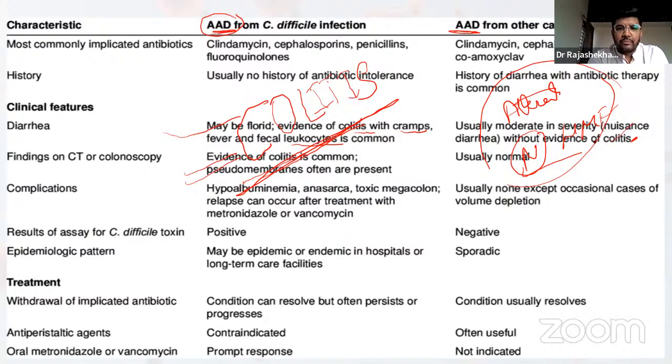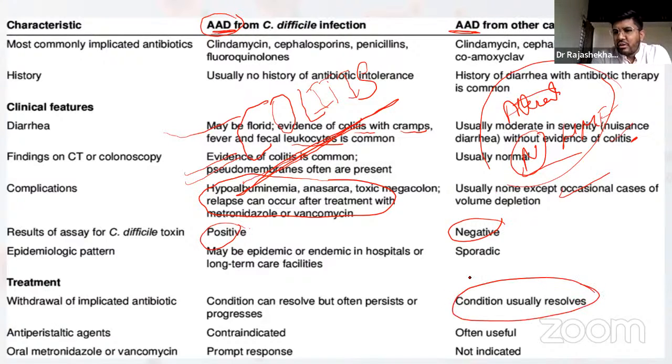And the complications are very common in case of CDI, whereas in simple antibiotic associated diarrhea, apart from the fluid depletion, if it is not dealt with properly, there is no other complication. The laboratory can be positive and negative. This is a very important thing. And for the treatment, it is just a normal condition which usually resolves on its own after stopping the antibiotics